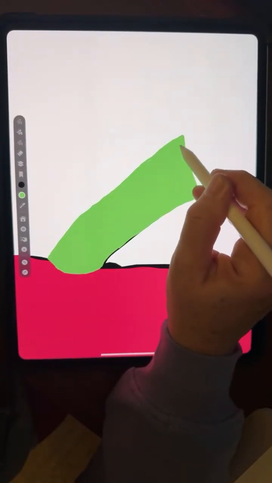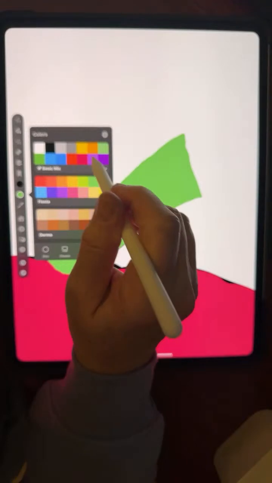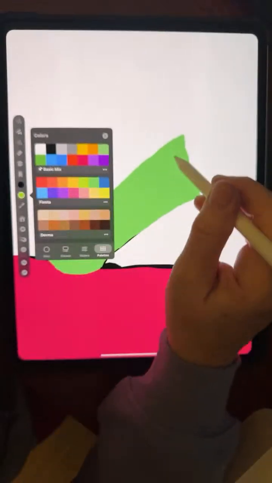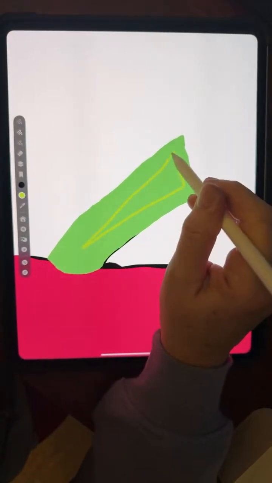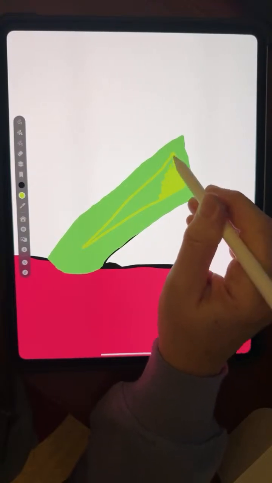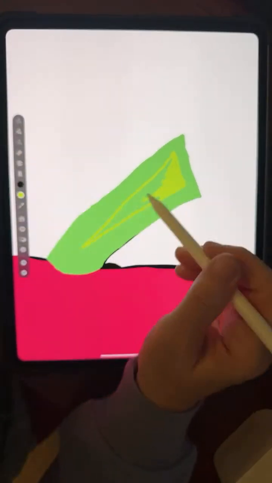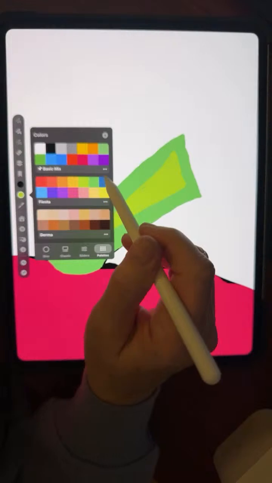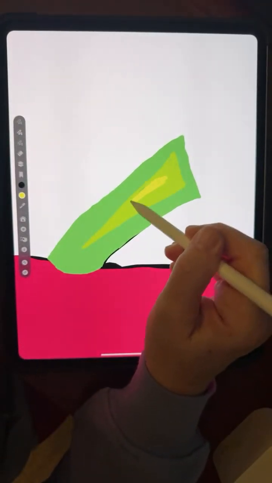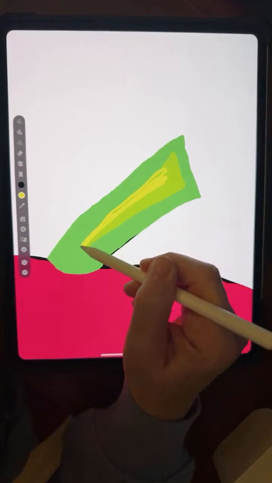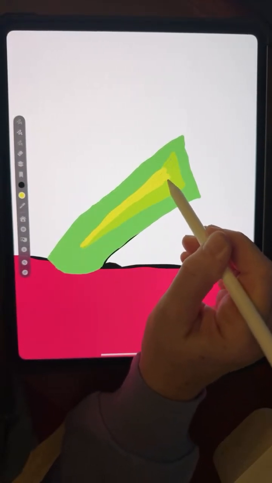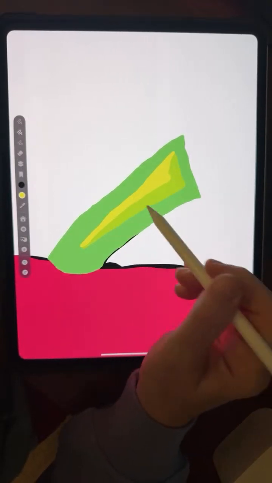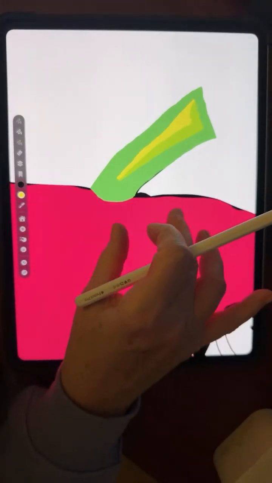Okay, what I wanted to show you was the eyedropper. So let me put another shade of green here. And I'm going to go with another shade right there. Okay, so when you have a drawing that you've been working on for a while, and let's say I've just got four different colors here plus black,